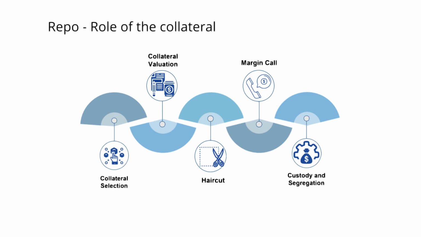The treatment of collateral in a repo may also involve legal agreements, such as master agreements, for example, the International Swaps and Derivatives Association, or ISDA, master agreement, or other collateral agreements, which define the rights and obligations of the parties and provide legal enforceability to the collateral arrangements. The specific treatment of collateral in a repo can vary based on market conventions, regulatory requirements, and the terms agreed upon by the parties involved in the transaction.